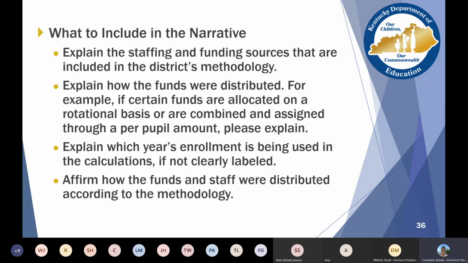If you look at your SBDM allocated funding at the school level, you would explain which year's enrollment is being used for those calculations, make sure it's clearly labeled, and affirm how those funds and staff are distributed according to the methodology. And Brenda, a lot of times people already have working documents in place that can be used as part of this documentation.